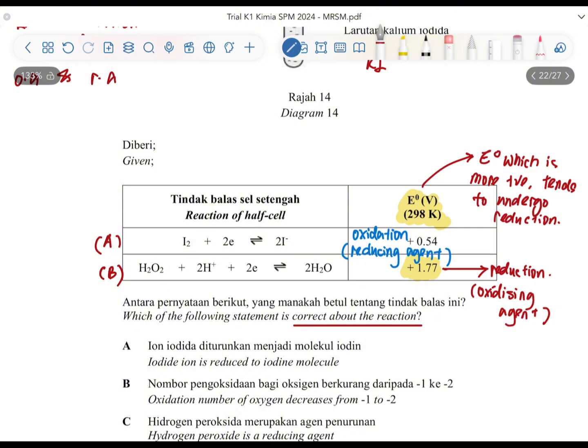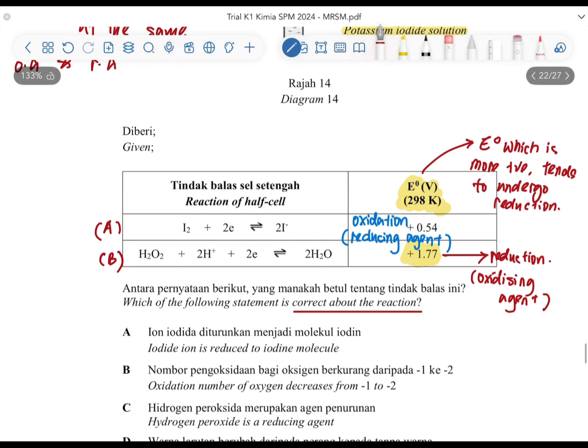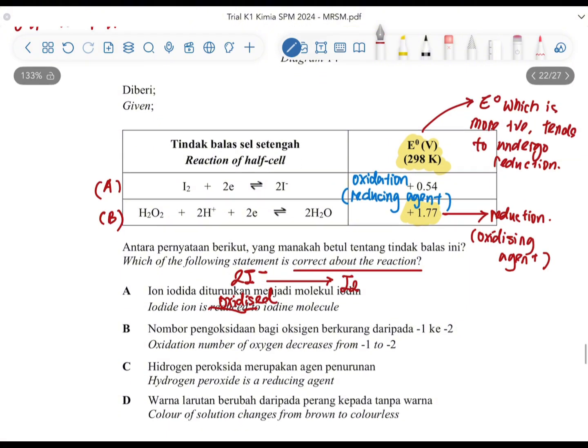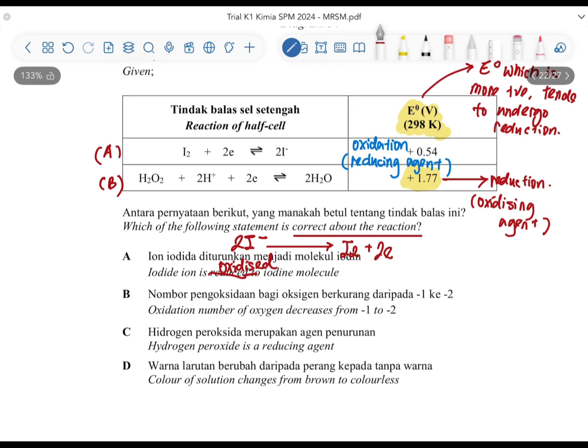So A, iodide ion is reduced to the iodine molecule. So based on the E0 value, we know that this iodide ion actually tends to undergo oxidation, right? So it means that it should be oxidized, where the half equation for it will be 2I- equals to 1 molecule of the iodine, I2, with 2 electrons. So B, oxidation